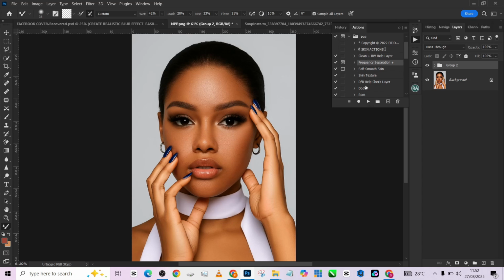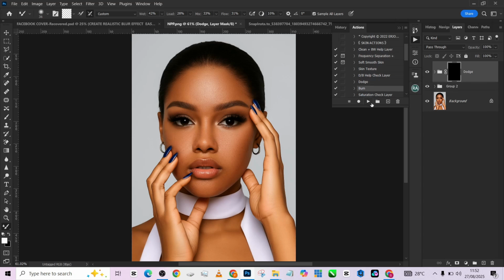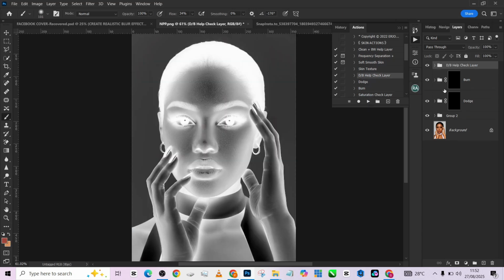Now we'll quickly move straight to our dodging and burning. So click on our dots and click on our burn. If you like working with your check layer, you can click on check layer, and it's going to show you the exact direction on how to start. So I'm going to turn off my frequency separation, pick up my dodge, keep the brush at 2, and just